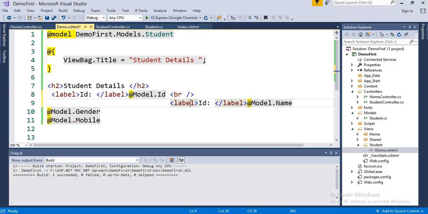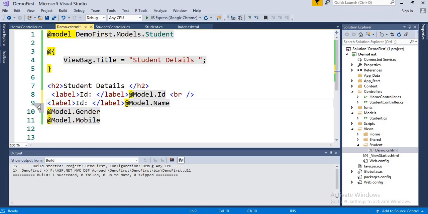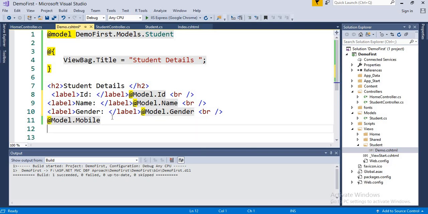This is name. After that we want an HTML break, then we want another label over here, and this is gender, and an HTML break over here, and again a label, and this is mobile. Okay,